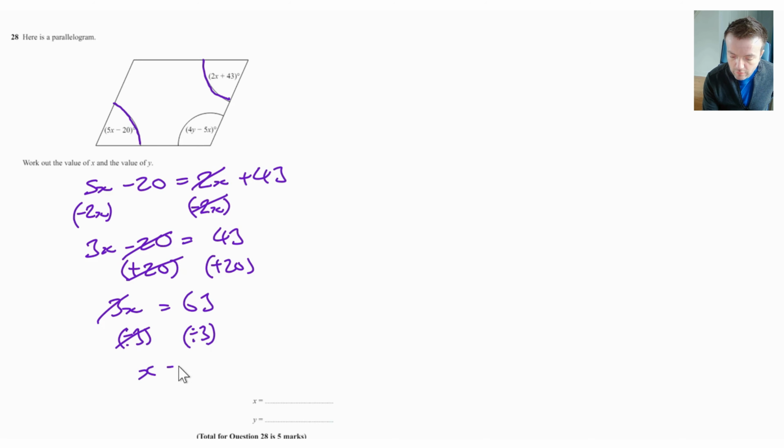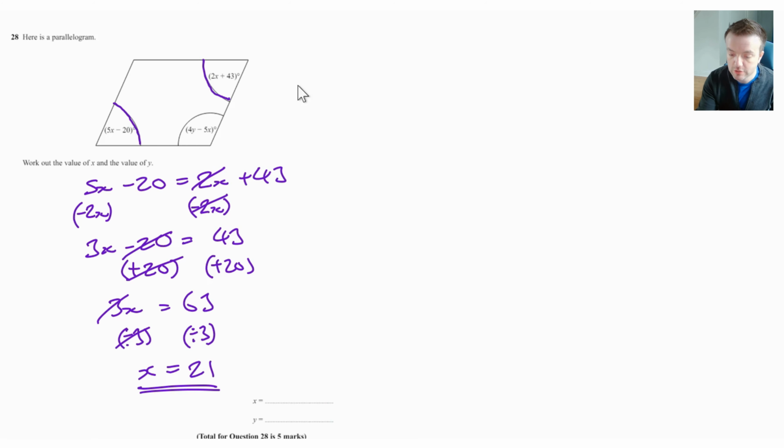Okay. So here is going to be x is equal to 21. Okay, so we've got probably 2 marks for that. And notice the 5 mark. So it's quite a mark-intensive question. So the next step is we've then got to take that and work out, well, what are those